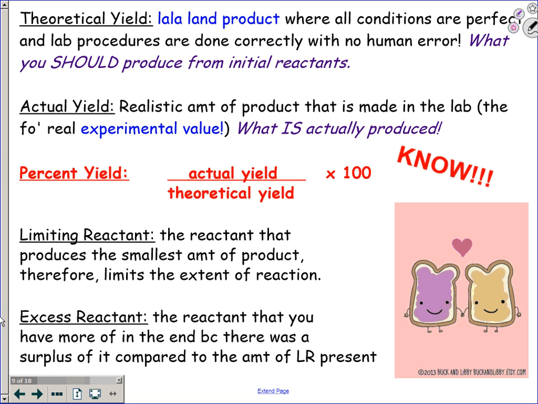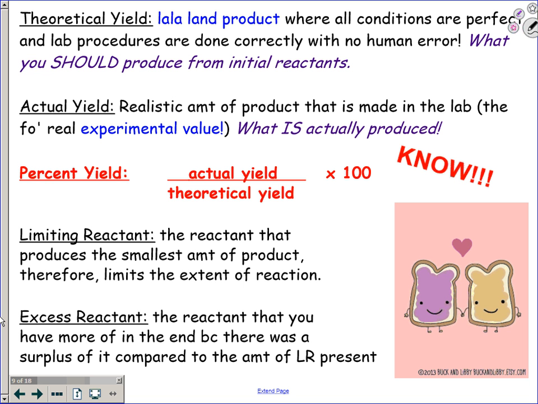We like to know that theoretical yield because it allows us to see how good our process was, how effective our process was when we were doing the experiment ourselves. So what do I compare that theoretical yield to? I compare it to the actual yield that I for real got in the lab. So if I had 10 grams of theoretical yield,